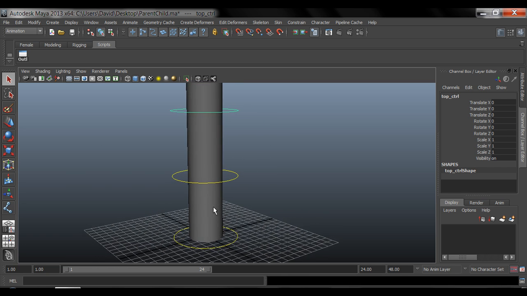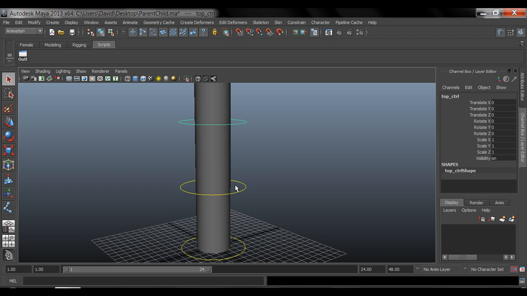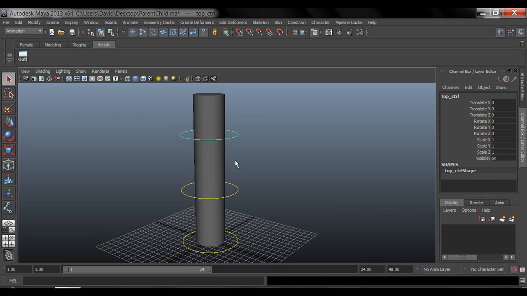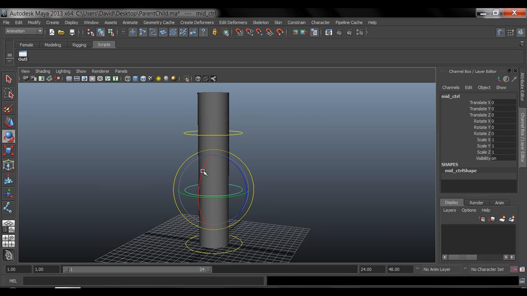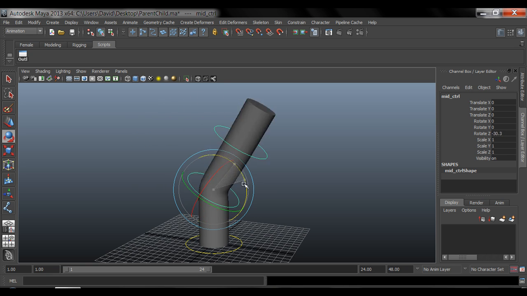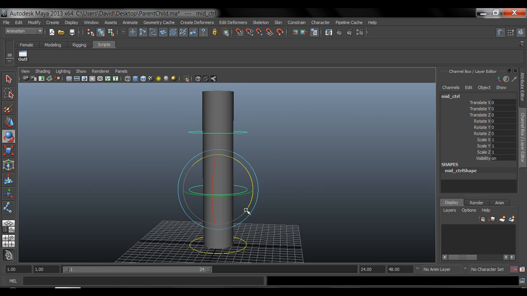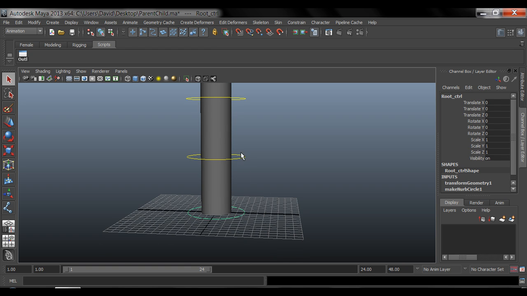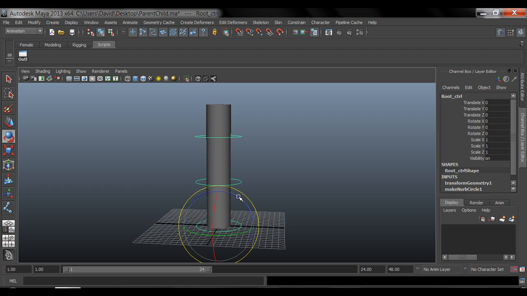Parenting is mostly used for rigging. So when we have all these controllers set up on our character and we want to rotate, say this was an elbow, right? We want the elbow to rotate, and this was like a wrist. Well, we need that wrist to follow, parent that, we need that wrist to rotate properly. So this is the end of that lesson. That's what I want to show you. So I can grab the child, parent, P. And then as I rotate this one,